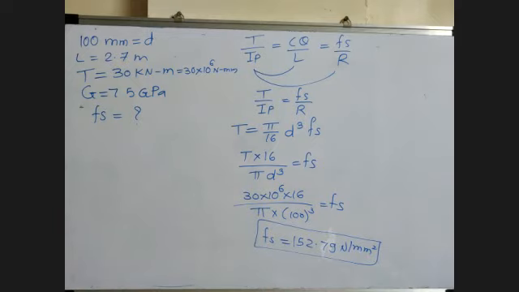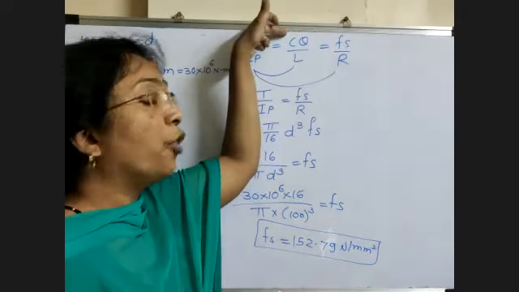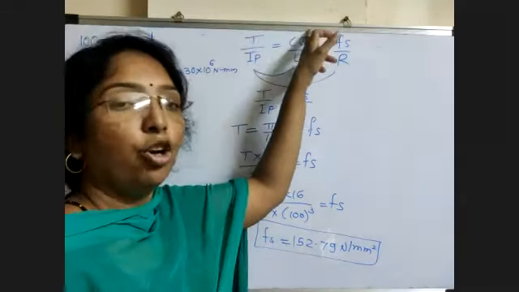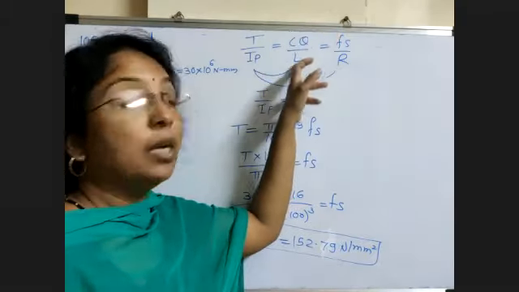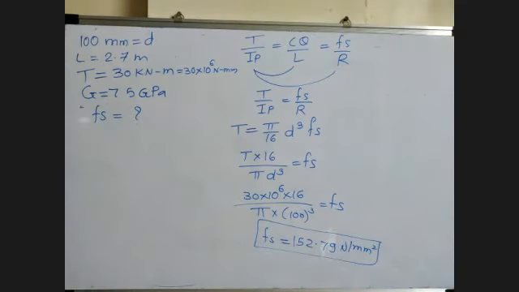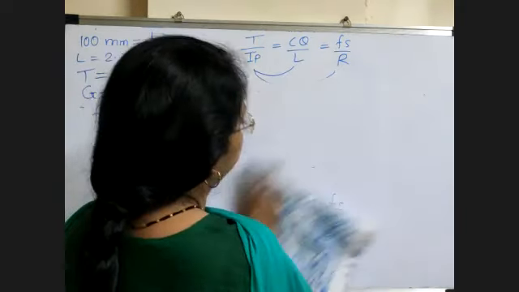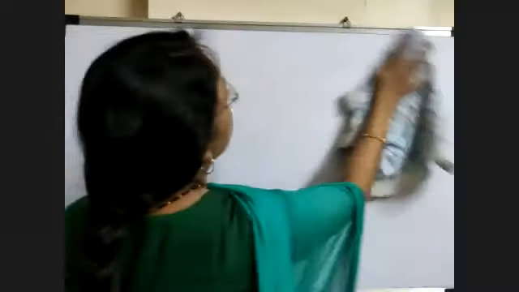So in short, the unknown things we calculate change: sometimes they ask for the diameter, sometimes the shear stress, sometimes the modulus of rigidity, sometimes the angle of twist, sometimes the length of the shaft, sometimes the torque, sometimes the power. These are the simple problems. Now in this lecture I think it is sufficient. The remaining problems we will see in the next lecture. So be ready to solve the remaining problems. These are very simple problems. Tomorrow we'll take some lengthy or hard problems. Okay, thank you.